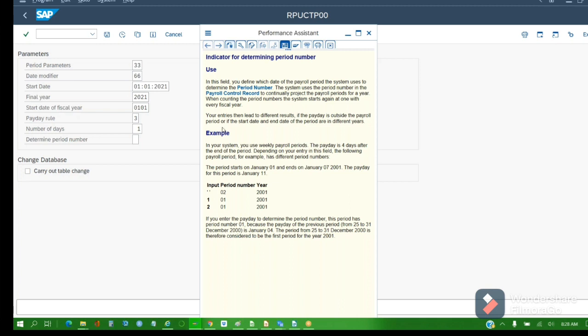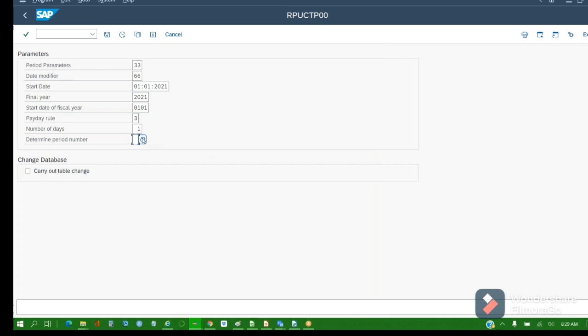Yeah. Close this, or you may get more. Select any one. Open it and select any one, any option.